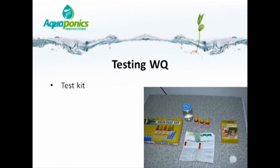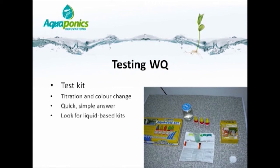The first option is a test kit. Now, a test kit is based on a mix of chemicals that gives either a color change or an absolute color. Look for titrations, look for liquid-based kits, as these are the simplest to use. Test kits are fantastic. They're quick, they're simple, they'll give you a fairly accurate answer, but they are not very